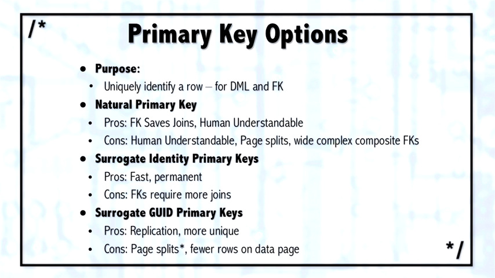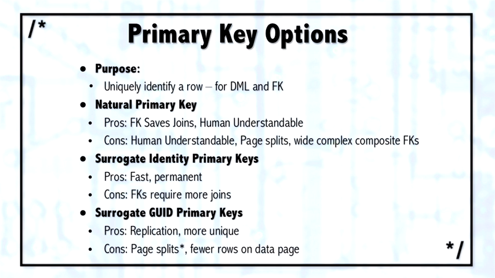So on the natural primary key side, a pro is that the actual data itself is copied down into the foreign key. For example, if you have a VIN number as your primary key, then you have that same VIN number in a foreign key. So you don't have to join to go find out more about the car. A human can look at that foreign key and it makes sense. But at the same time, that can be a con as well, because if a human can see and understand the data,